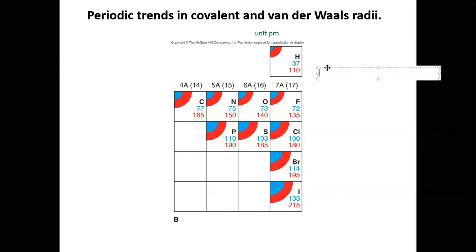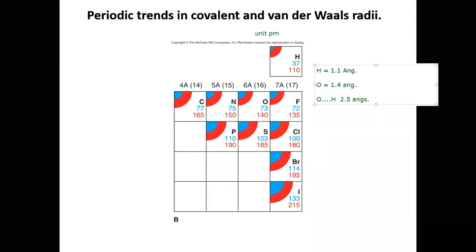So if we look here, as long as your measured distance between the oxygen on one molecule and the hydrogen on another is less than 2.5,